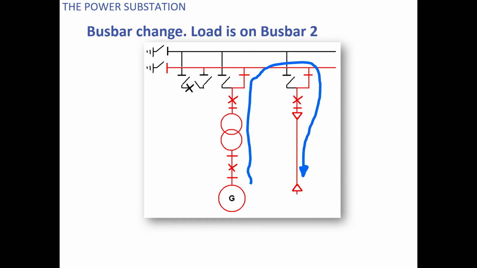So for the first example, suppose you have a two bus system, and there is a generator which is connected through a transformer and some breakers to a bus bar, and then this bus feeds the power to one feeder, and suppose this is bus 1 and this is bus 2. So both these devices are connected to bus 2 and power is being transferred from the generator to this load or to this feeder from bus 2 only. But now suppose we want to change this power flow from bus 2 to bus 1, then what we have to do, first of all, we have to close this breaker and isolators for charging of this bus, and then we have to shift these feeders.